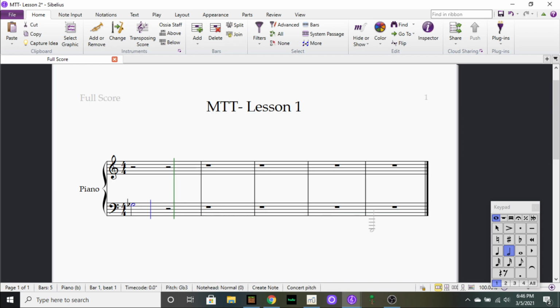So we have a G flat, but we have an F sharp. So, an F sharp is a half step up from F, and a G flat is a half step down from G. So, basically, these notes, they sound the same,